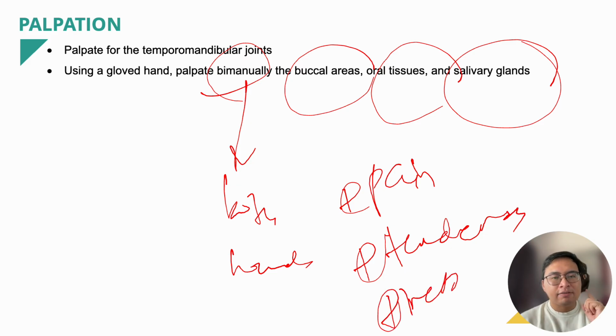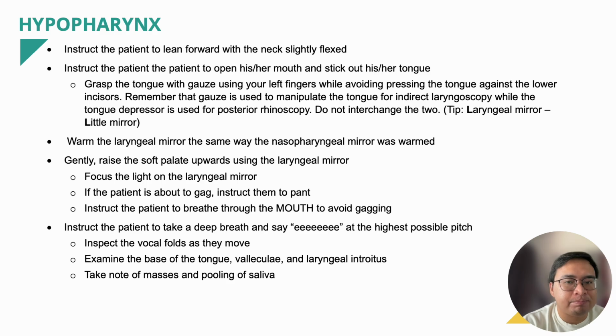Okay? After the oral cavity, you next proceed to the hypopharynx. And for that, you need your laryngoscope. I mean your laryngeal mirror. Alright. So what's the proper positioning for the hypopharynx examination? The patient should be leaning forward with the neck slightly flexed. Then, instruct the patient to stick out their tongue. You should grasp the tongue with a gauze. And take note, you should avoid pressing the tongue against the lower teeth or the lower incisors. That's going to be painful. So you just pull straight outwards. Okay? And then you use